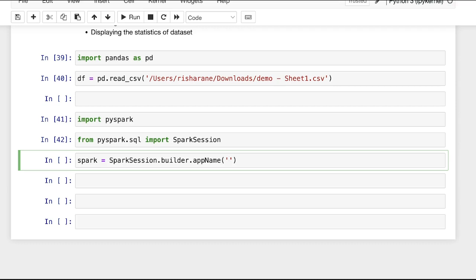In the later videos, when we will try to implement the machine learning using PySpark on Databricks platform, there we will see how we can create a cluster. There we also create a cluster, but slightly in a different way, and we also name it. So here this Spark session also acts as a single cluster that we are trying to execute. So you can name it anything. Let us name it as PySpark tutorial dot getOrCreate.